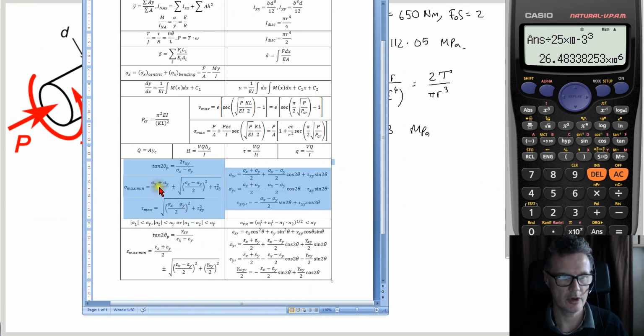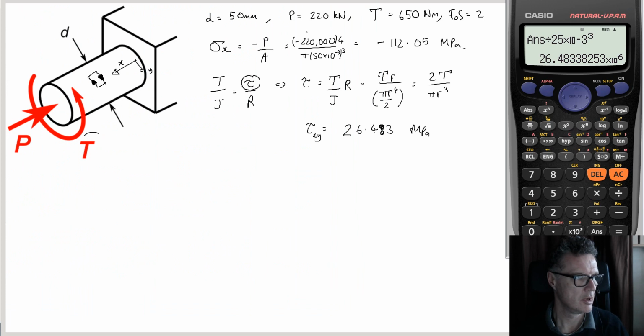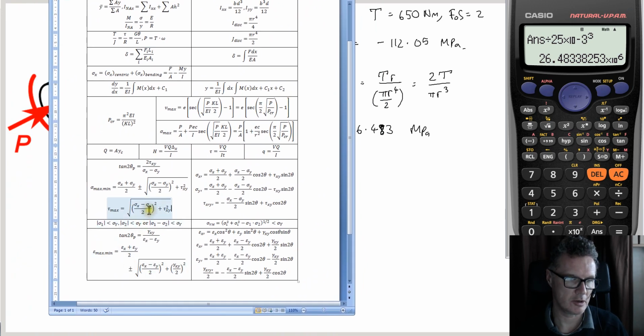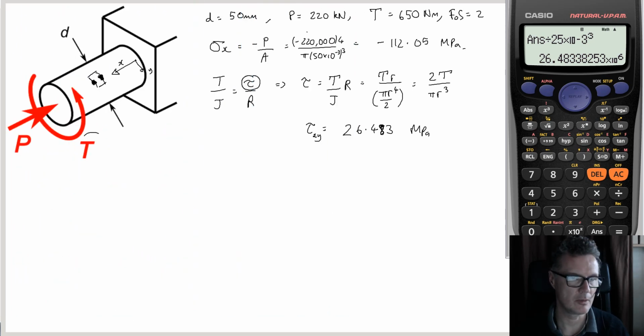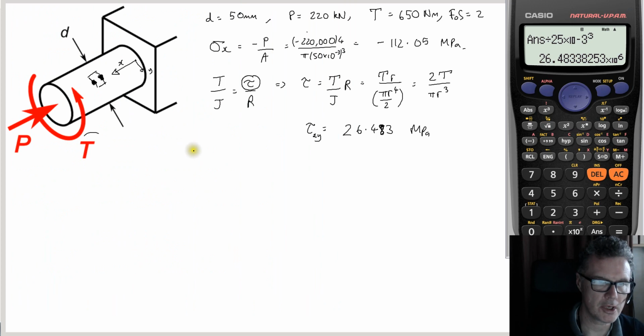So we've got the maximum amount of stress in a tensile sense, and the maximum amount of stress in a shear stress sense. You notice that the shear stress equation is tied up in here, so it makes sense to work out your maximum shear stress first. So maximum shear stress equals